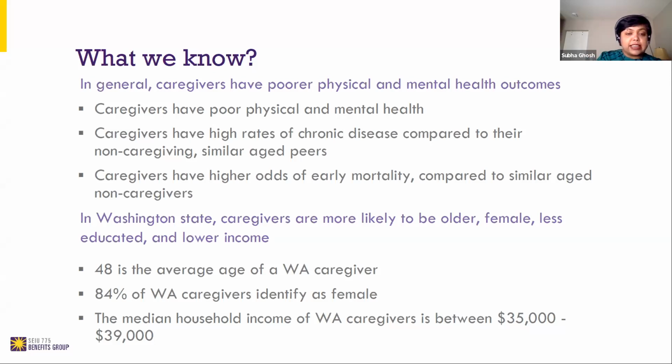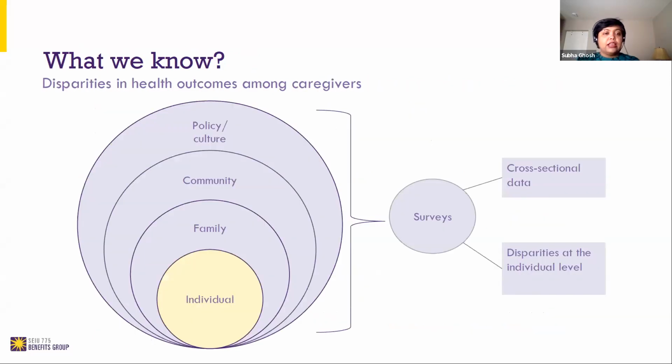So Charles, the next slide. So now that we know, the goal of the organization, or the task that was given, was to understand what the disparities in the population are. We know from previous literature, and I'm focusing only on the caregiving literature right now because this work is specific to caregivers,